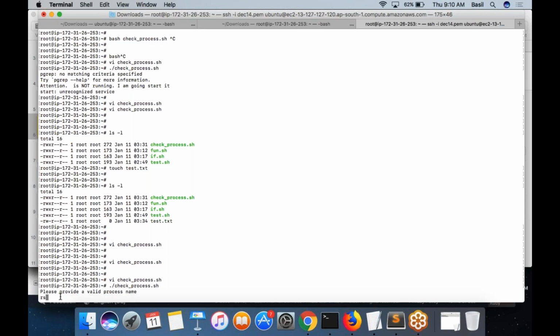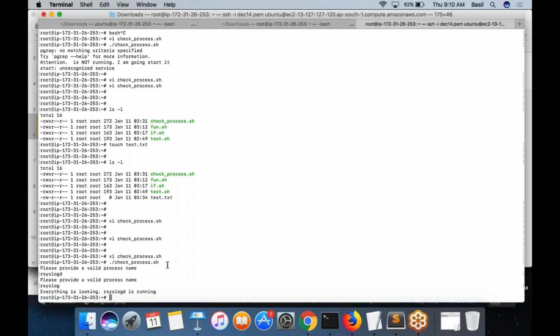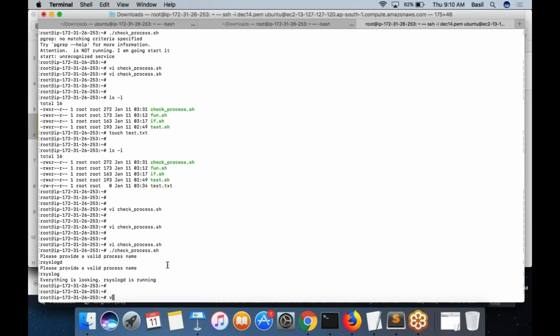There was a read command inside my script that is waiting for my input. I am providing the input like rsyslogd. Whatever I input would be assigned to the variable process name now. Press enter again. It would also find that the service name is invalid, so I need to provide a service name. Then it will proceed.